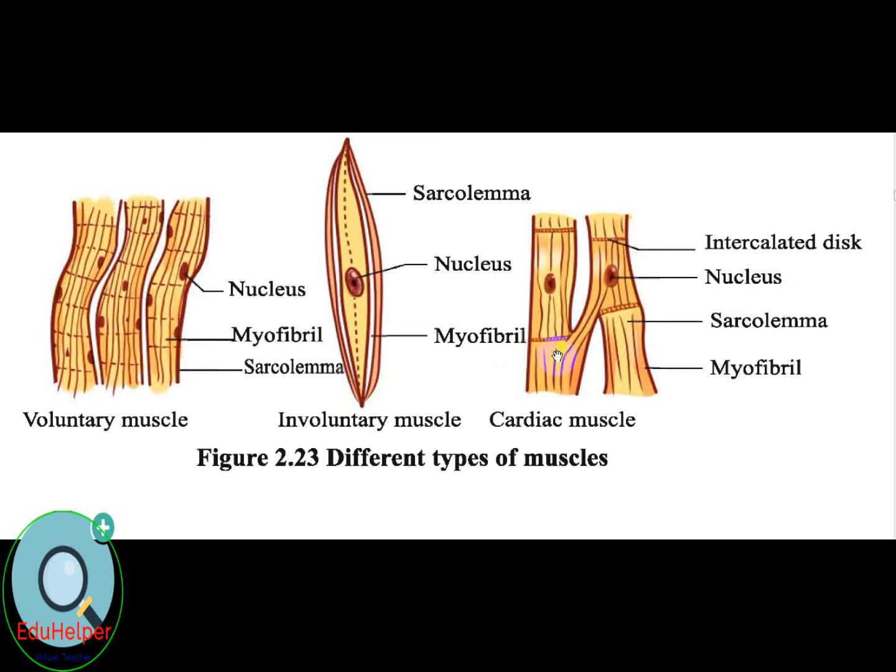Cardiac muscle tissue contains short branched striated cells with one nucleus at the center of each cell. Each cell is about 100 micrometers in length and about 15 micrometers wide. The sarcolemma of the cardiac muscle cell is very thin. Each cell also has many myofibrils which lie parallel to one another in the direction of the long axis of the cell. Myofibrils are striated. Cardiac muscle cells are joined to their neighbors by intercalated discs.